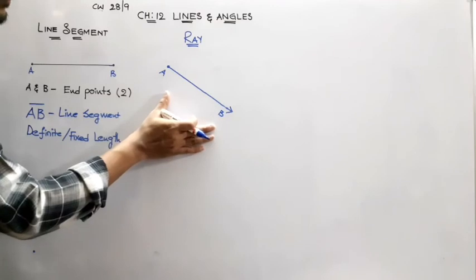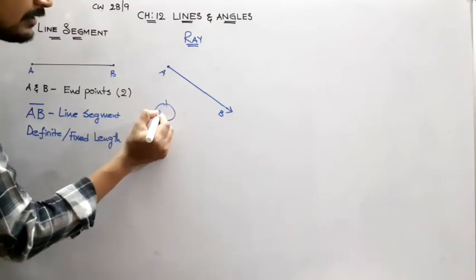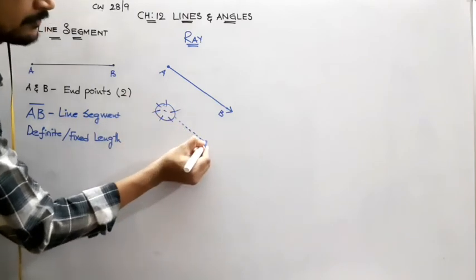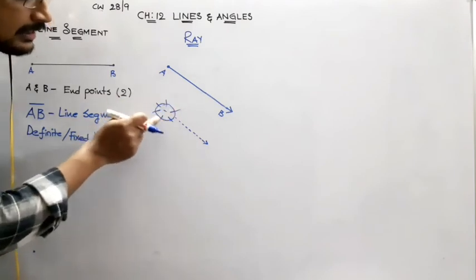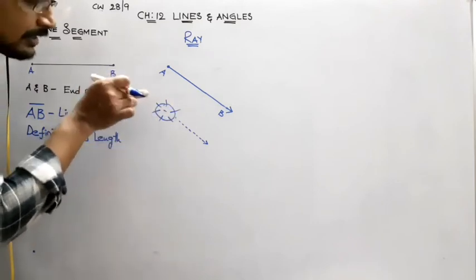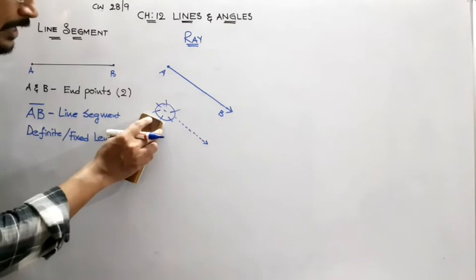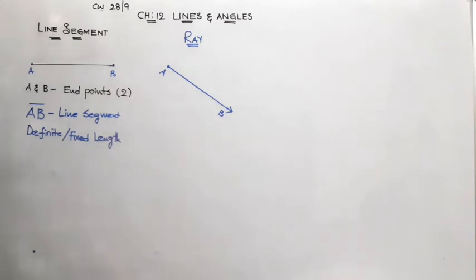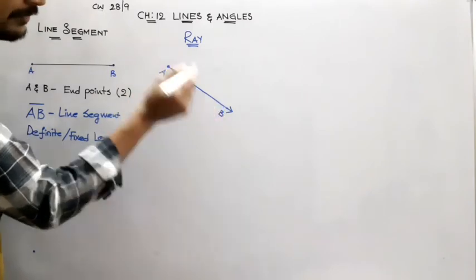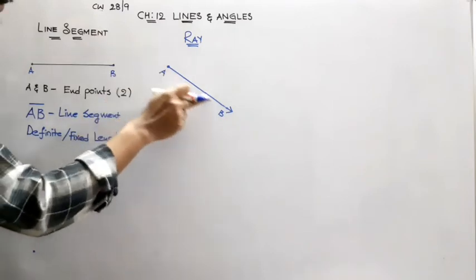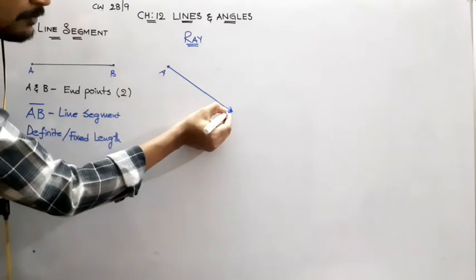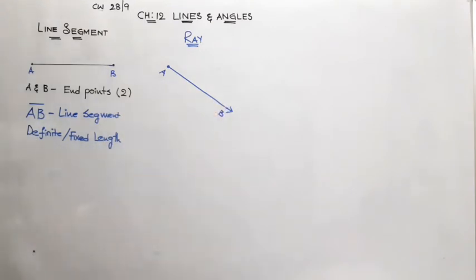such a figure we call a ray. For example, take the sun as an example, because we call them sun rays, isn't it? From the sun the rays will come like this. In this, will you say that the sun is fixed or not? It's absolute that the sun is in a fixed position whereas rays are coming from that point. The same applies here. So if we extend a line segment AB in only one direction, without an end point, and indicate it by an arrow, we call such a figure a ray.